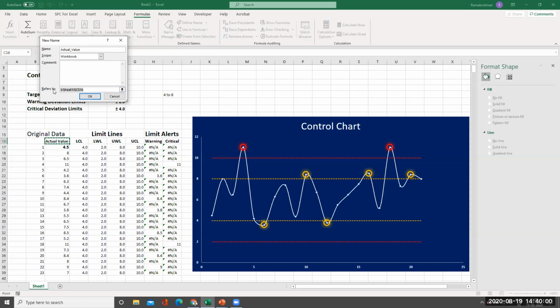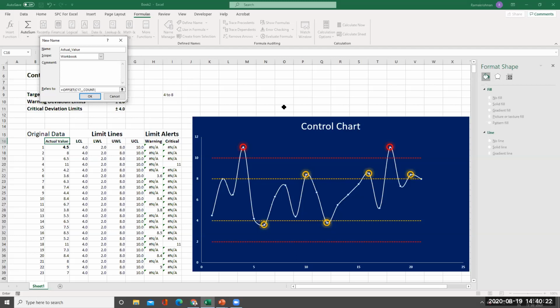Here I'll put a condition: equal to offset C17, that is from the starting point. I'll leave the rows out, I'll leave the columns out, then 3 commas I have put, then I'll put count, that means how many values I'm telling.